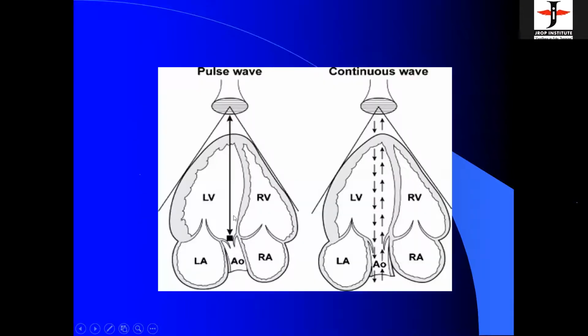Now, for example, you see. Now remember, the transducer is always pointing from above downwards. In pulse wave, it is a single element which transmits and receives the Doppler signal. And this I will show you just now. When you see a cut like this, it is known as a sample volume. I will let you know just now.